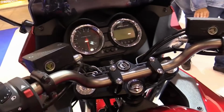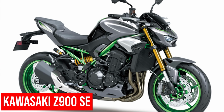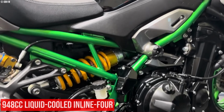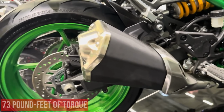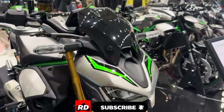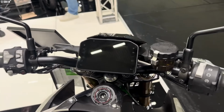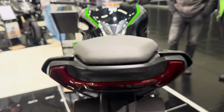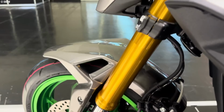Owners report these bikes routinely exceed 150,000 miles with essential maintenance. At number 9, we have the Kawasaki Z900 SE, a modern naked bike combining performance with exceptional reliability. Its 948cc liquid-cooled inline-4 produces 123 horsepower and 73 pound-feet of torque. Kawasaki's refined engineering makes it exceptionally reliable, with reinforced internal components, precisely balanced moving parts, and exceptional oil circulation. Owners consistently rate the Z900 SE among the most trouble-free motorcycles they've owned, with maintenance intervals that favor more riding